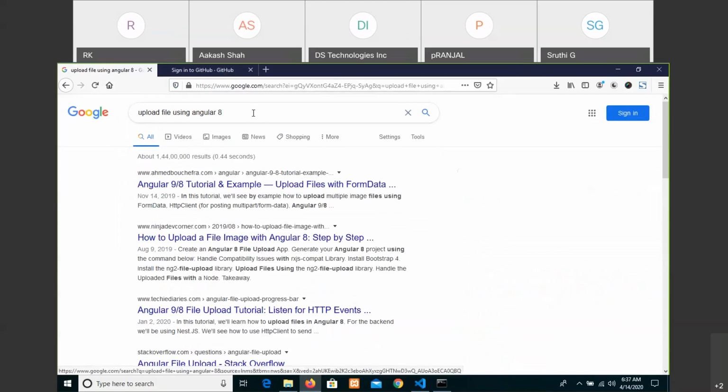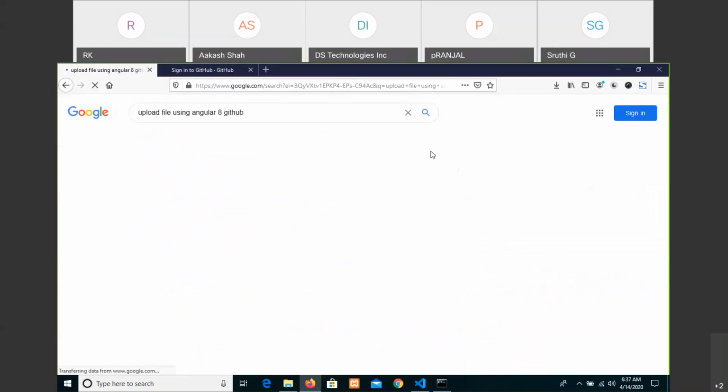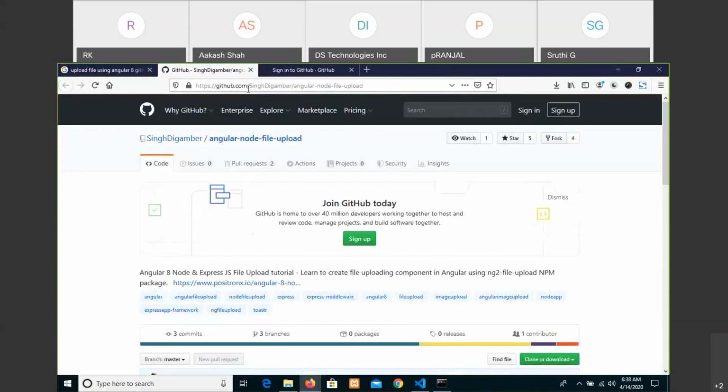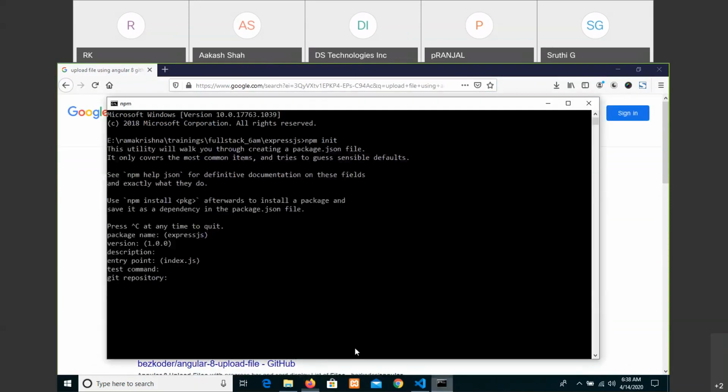If I type GitHub and somebody has given the concept of how you can upload, you can place this URL into the Git repository, and it will load that application into your system and you can install all the required things. I will also show you how to clone an application, but that is later. So now let us give preference to the concept of Express and how far it is going to be used.